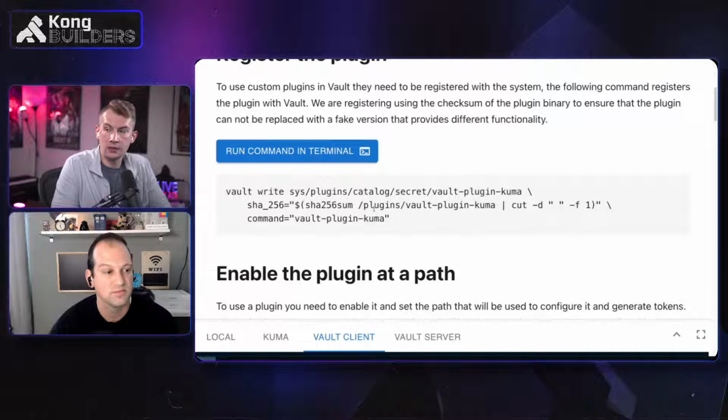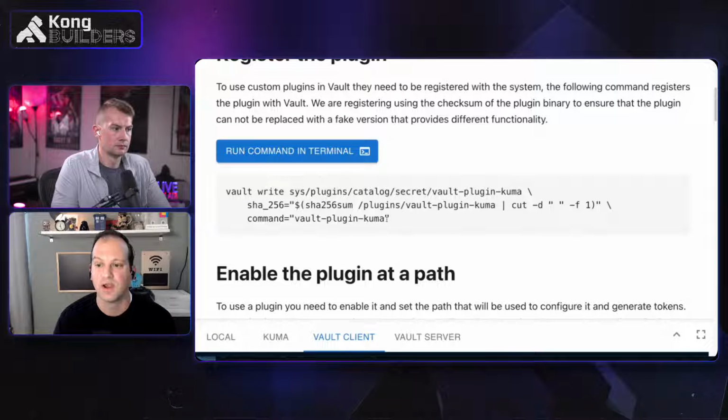It reminds me of the way external plugins work with Kong. For example, I did a stream where I showed how we can develop a Go plugin for Kong, and it follows a very similar idea. I think it's very, very similar. I think it's basically the same backend technology. And so this is one of the things you always want to make sure of when you're using a plugin like this: that you verify the binary, because that's obviously a point of injection.